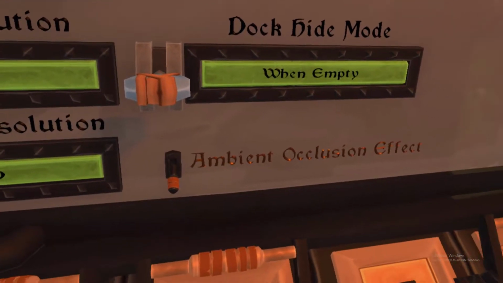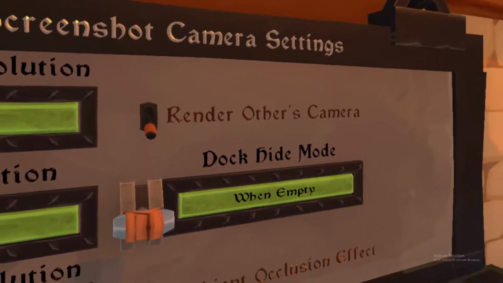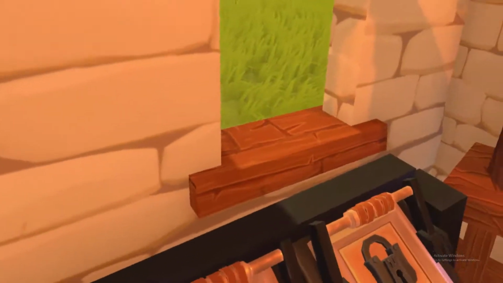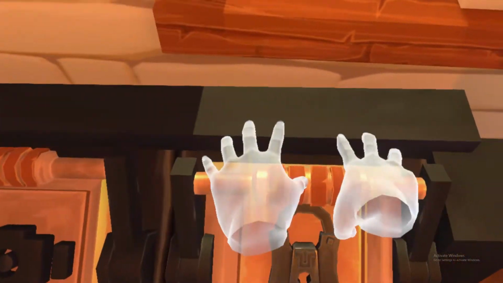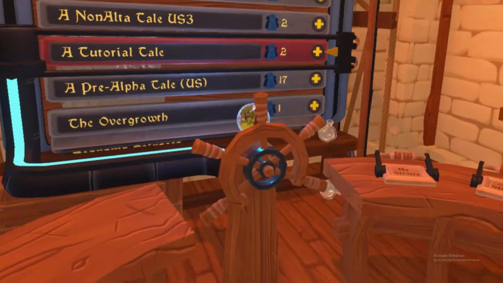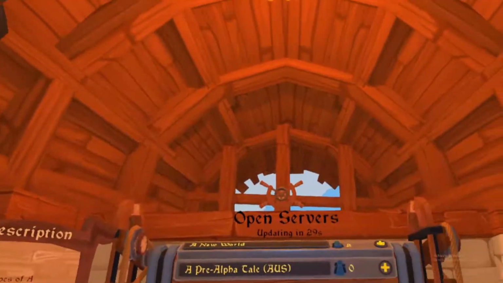Ambient occlusion effect. That's up for you guys to play with. That's your camera stuff. So anyways, we're gonna shut that off, and then this I'm guessing is for developer stuff, because as you can see I can't do anything unless it just hasn't been made yet. It does have a keyhole though,